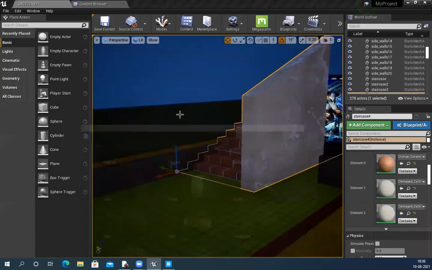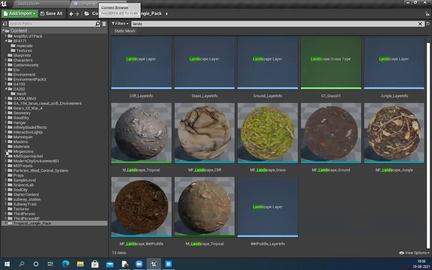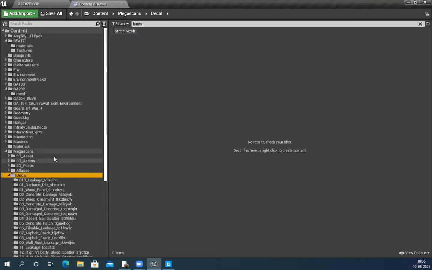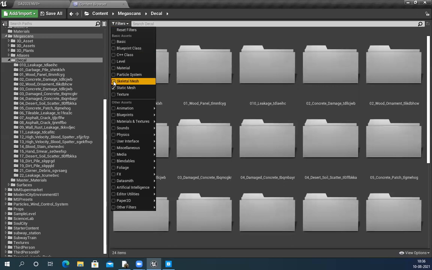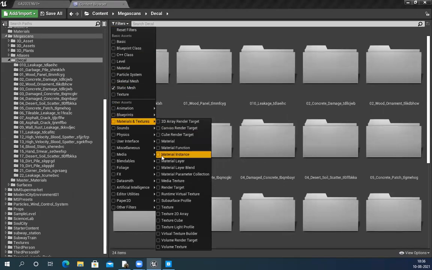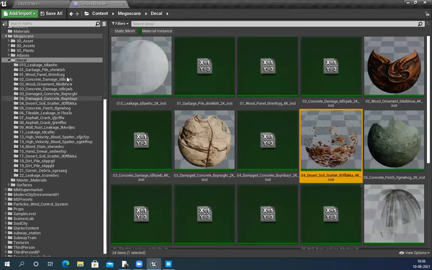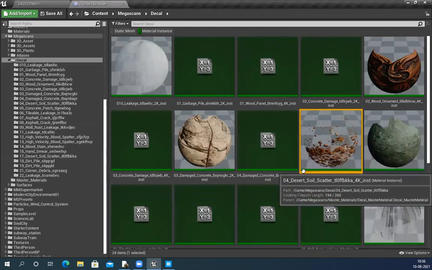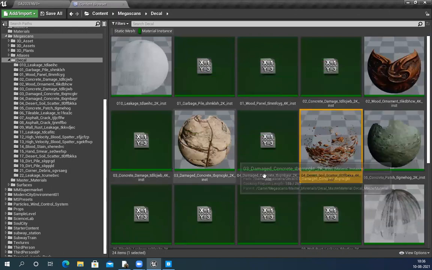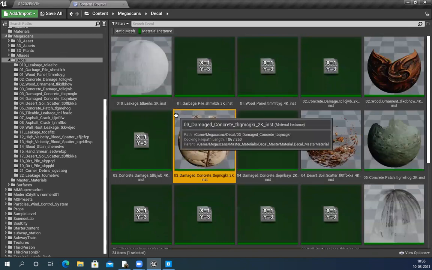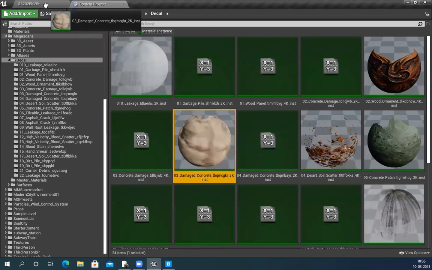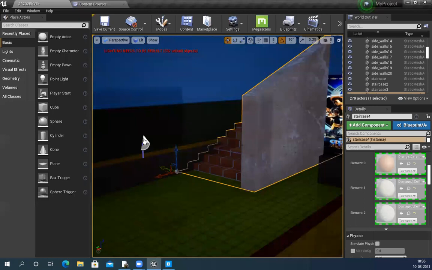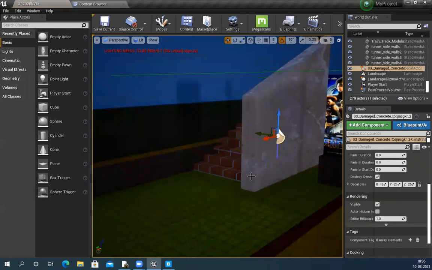I'll show this. I have imported a couple of decals already. If you go to the Megascans folder, you can see I have decals. Under this, I have a lot of decals here. And let's check material instances only. So I can see everything here. I don't have to browse this folder. I can see everything. You can see all these textures, some shapes, and all these things are there. So suppose this one I want to use, and I want to make it old, right? This building I want to make old, broken, weathered. So just simply drag and drop it, like suppose here. But still you cannot see anything.